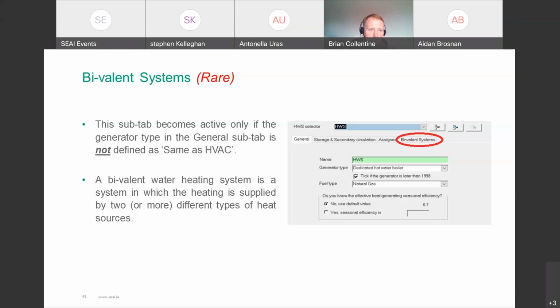So this facility or subtab comes active only if the generator type in the general subtab is not defined as same as HVAC system. So for all other inputs, it will give you the option to enter a bivalent system for hot water. A bivalent water heating system is a system in which the heating is supplied by 2 or more different types of heat sources, similar to a bivalent HVAC system. And as you can see on the right hand side, it'll come operational there, the tab up high there. So when you click that,